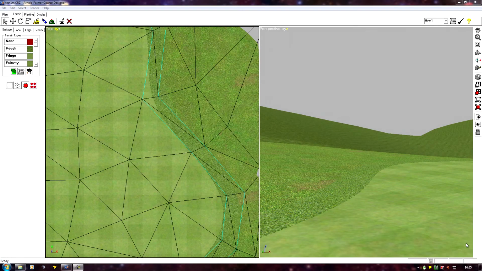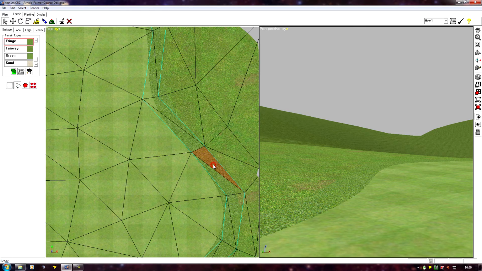Now I'm back in the APCD. I'm going to create a seam blend texture, and for this tutorial I'm going to do a fringe to green blend. So the first thing I need to do is clone the fringe texture. I always clone rather than create new textures, so I'll click on my fringe, making sure I've got the correct fringe,